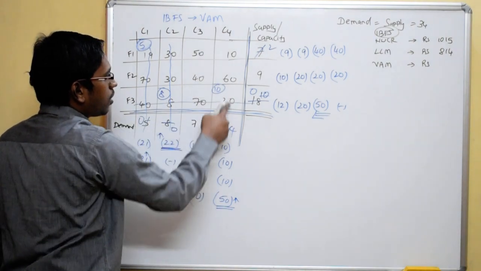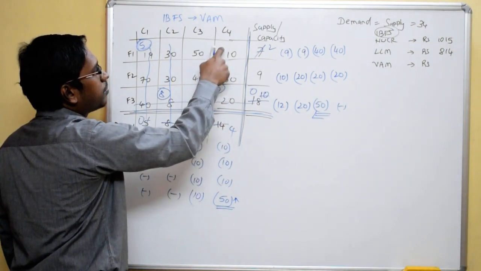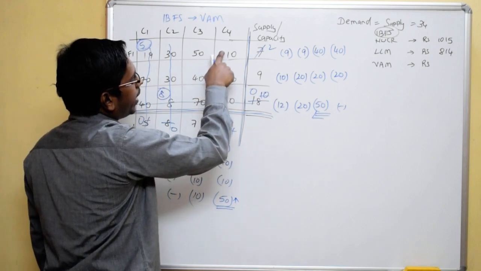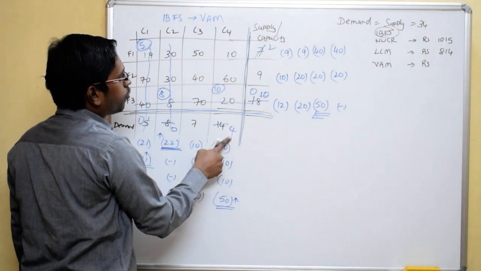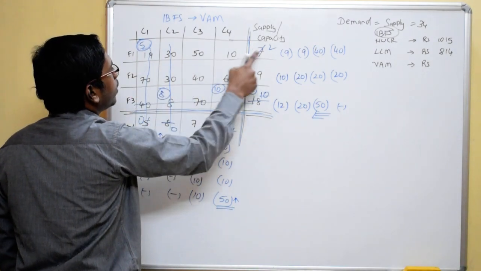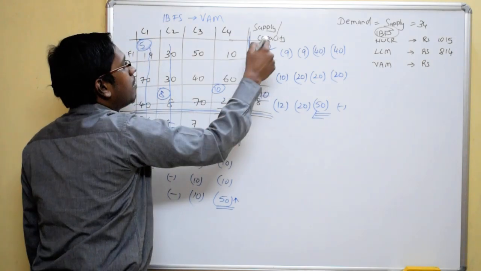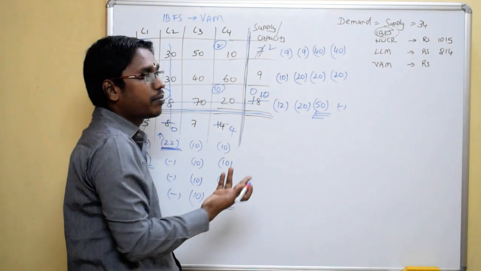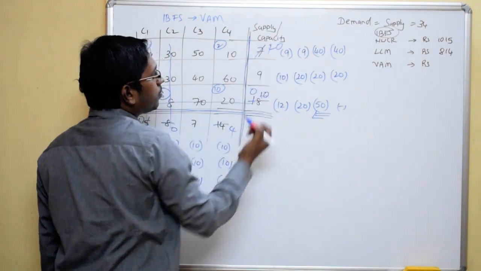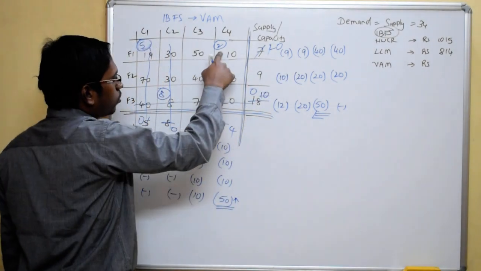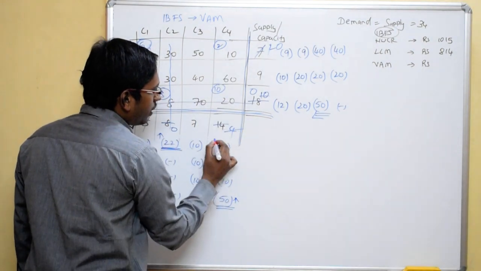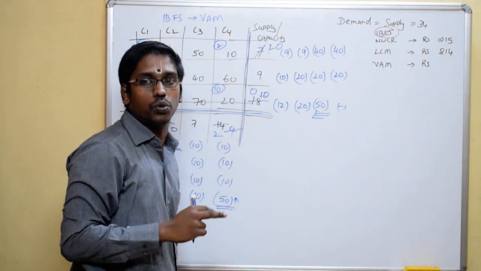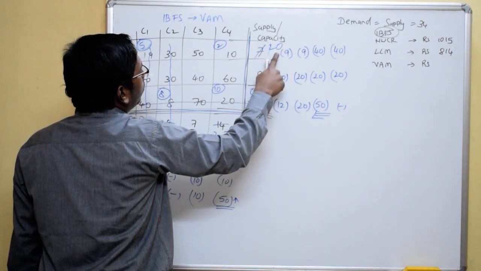The least cost now is 10. So I come to this cell. How much to be allocated? The customer demand is 4, but this factory can give only 2. So I will be able to allocate only 2, क्योंकि factory के पास 2 ही बाकी है. So मैं 2 दे दिया, factory का supply becomes 0. अब इसको 2 दे दिया, अभी भी demand पूरा नहीं हुआ, demand still pending 2. Now this has become 0.